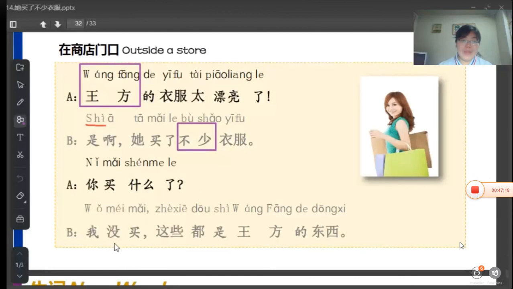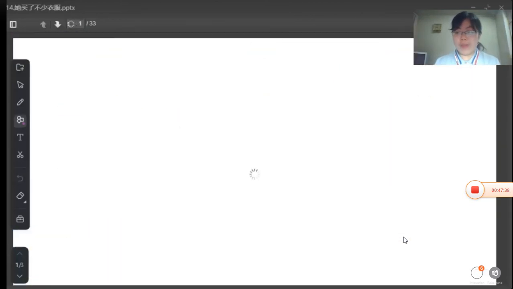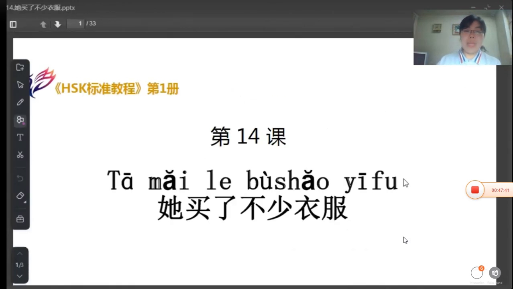Okay, everybody. Until now, we finished today's lesson. 第14课，他买了不少衣服。This is today's class. Today we learned lesson 14 very quickly, right? Very fast. So if you have any problem or puzzle about this lesson, we can discuss in our DingTalk group. It's time to finish our class. 下课。